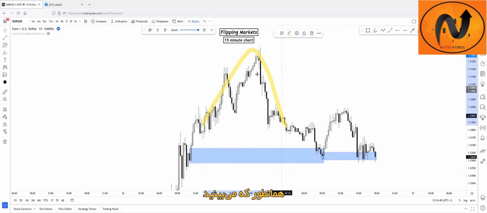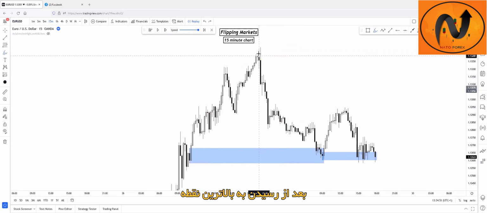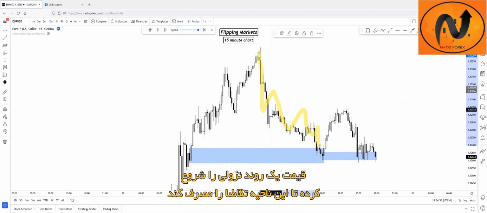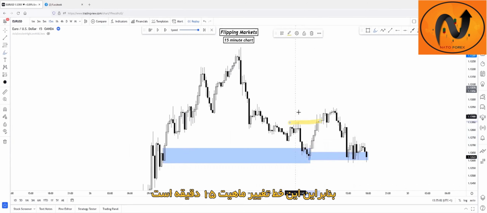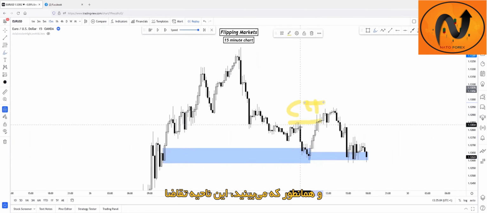As you can see, after the high point was reached, price reversed and started a bearish trend on the 15-minute chart to mitigate this demand zone. After the mitigation of this demand zone, it changed character to the upside with this movement. So this is a 15-minute change of character on this line. And as you can see,